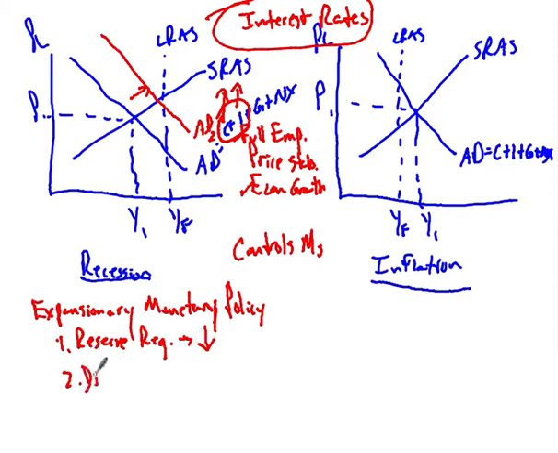For the discount rate, remember, that's the rate that the Fed charges the banks to borrow money. So if you want to encourage banks to borrow money from the Fed and in turn lend it to customers like you and I and businesses, then you would lower the discount rate. And what about securities? Remember, securities is just a fancy way of saying buying and selling bonds and other government financial instruments. So with securities, would you want the Fed to buy Treasury bonds, or would you want them to sell Treasury bonds? All right, and so going back over here,